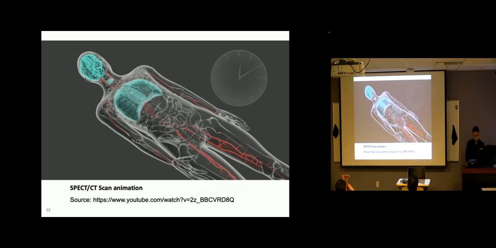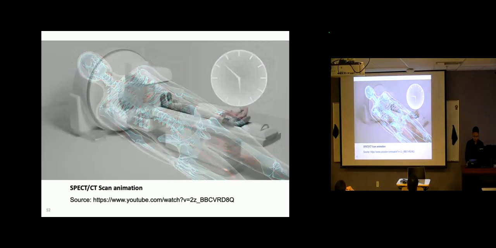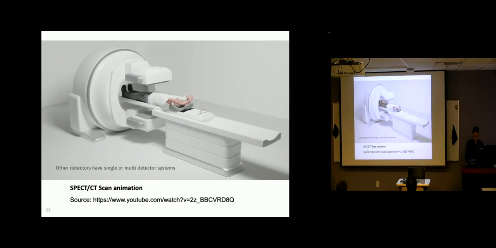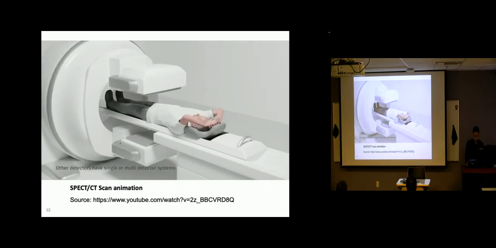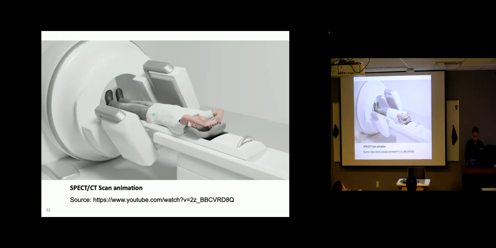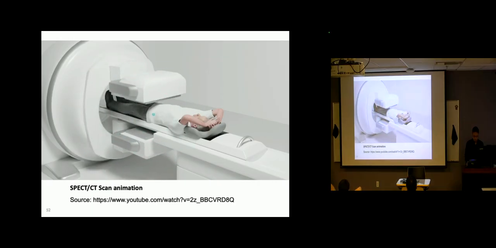Because some body functions are fast and some are slower, the time between administration of the tracer and the scan can vary from minutes to hours. Some people may even be required to come back on multiple days. For diagnostic scans, the nuclear medicine is radioactive and emits gamma rays that can be detected by the scanner. The SPECT CT machine has two gamma cameras that detect gamma rays and produce a map of how the tracer is behaving. These detectors rotate around the body, taking images every few degrees, allowing images to be reconstructed in 3 dimensions. The SPECT scan can take 10 to 20 minutes, and then the CT scan takes less than a minute.